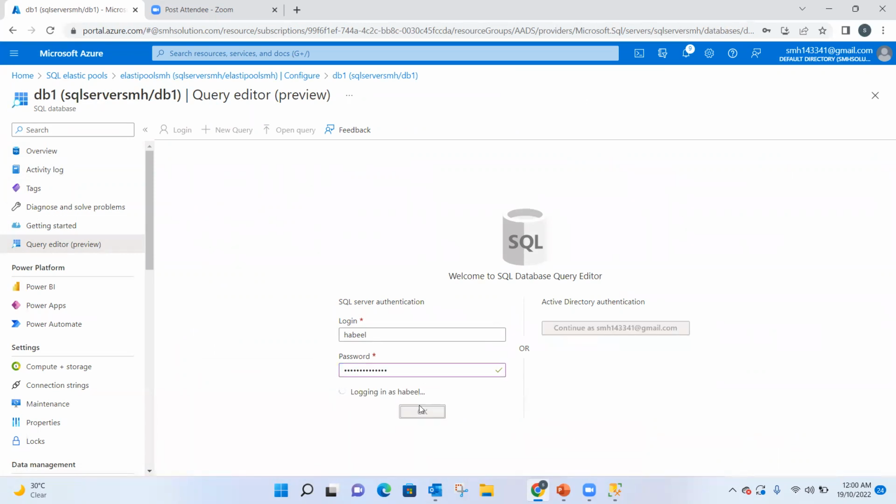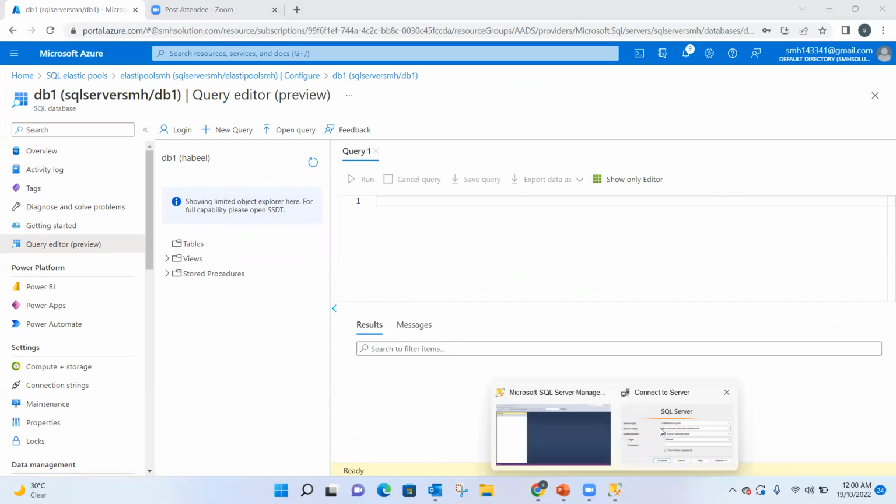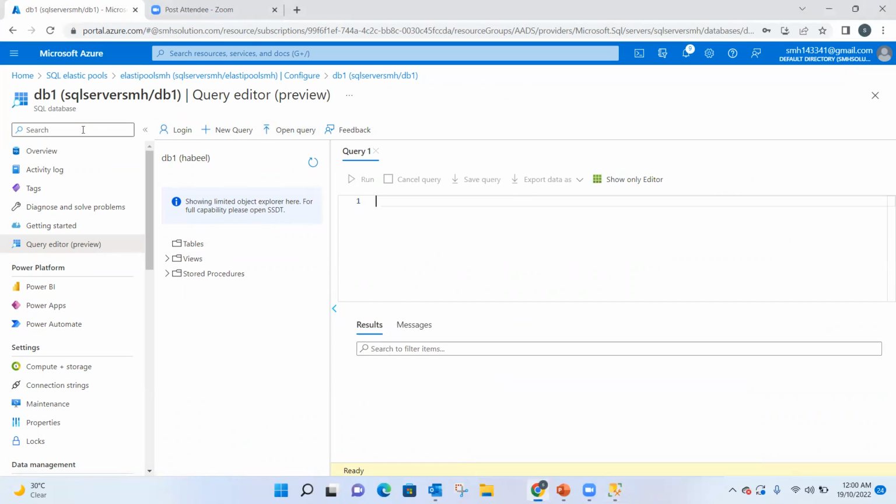Click on OK button. So from this Azure only, if you want, you can edit by using this option. Now this is logged in as Habib. Yes, if you want to create a table, you can create a table and everything. You can write the query and everything. You can do it. What right now I will do is I will come to my laptop and it's already having the SQL